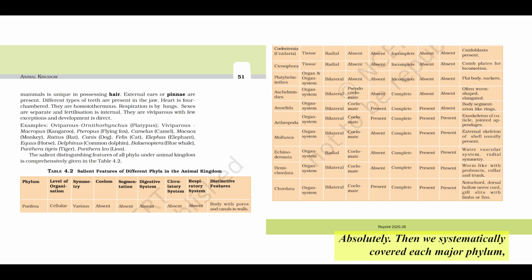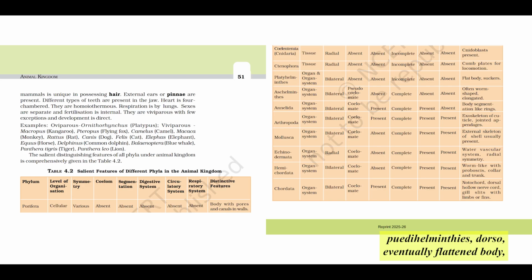Absolutely. Then we systematically covered each major phylum, focusing on their distinctive features, the things that make them unique and are crucial for differentiation in MCQs. Porifera: cellular level, water canal system, ostia, spongocoel, osculum, choanocytes, collar cells, spicules, spongin. Coelenterata, Cnidaria: tissue level, cnidoblasts, nematocysts, stinging cells, polyp and medusa forms, metagenesis, Obelia, gastrovascular cavity. Ctenophora: comb plates, 8 rows for locomotion, bioluminescence,